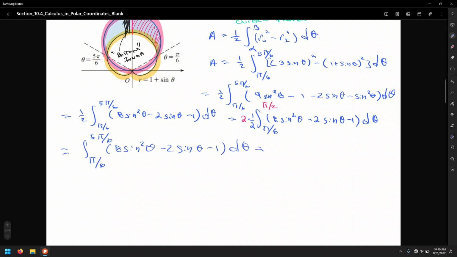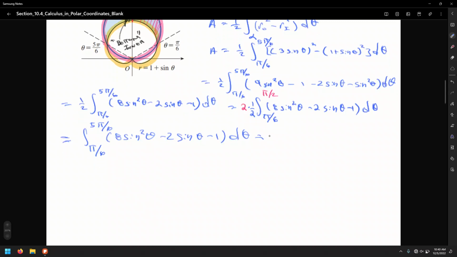And then from here, okay, we're going to get 3 integrals. That's 8 times the integral from pi over 6 to, oh come on, to 5 pi over 6 of sine squared theta d theta, minus 2 times the integral of sine theta d theta. And